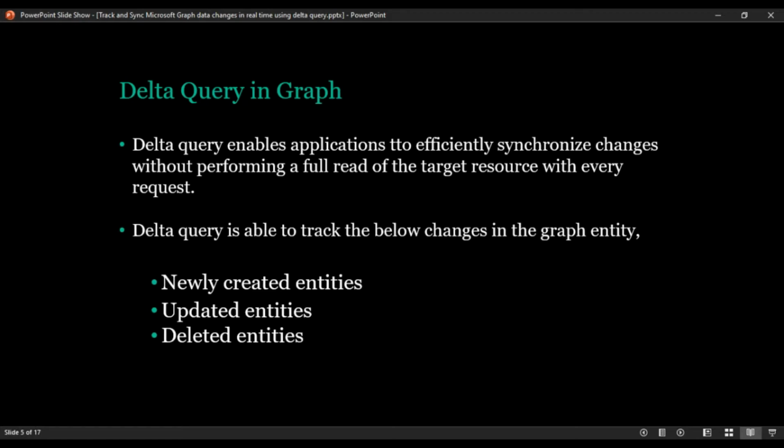So we get all the changes right away. The major advantage is that you no need to crawl the entire source of data. For example, if there are around 100,500 users, you no need to crawl the entire data and check each and everything, whether this is a new one, an updated one, or a deleted one. This makes our regular day-to-day life easier.